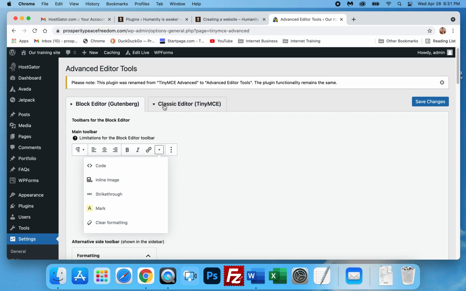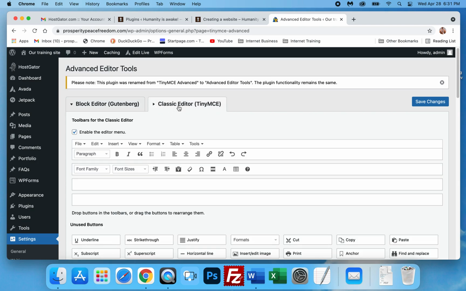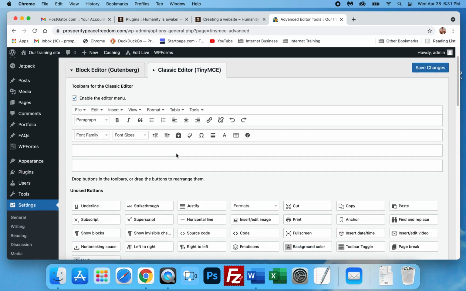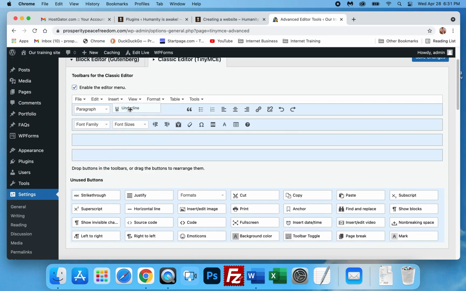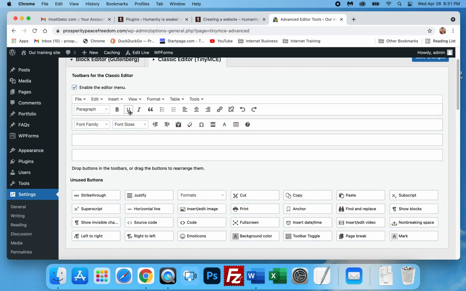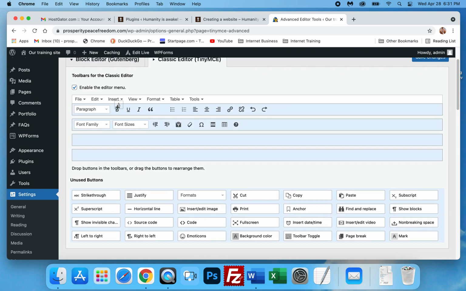What we're going to do here is click on this Classic Editor. This is how we control our content, so we can move stuff around in our editor. What I like to do here is put the underline up here next to the bold. We want to look down here and see if there's anything we want up here, and maybe anything up here that we don't want down here. Or maybe we want to organize it, like text color. Let's put that next to the